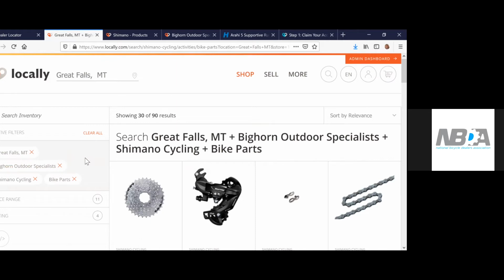So advantages: connecting your inventory with locally, and the fact that your inventory is being indexed on locally.com also exposes your inventory to Google Shopping searches. And then if you're enrolled in Buy It Locally, you can take the information from that profile page on locally.com and you can use that as your own solution. The other thing I wanted to show you here is what locally looks like on a product page.